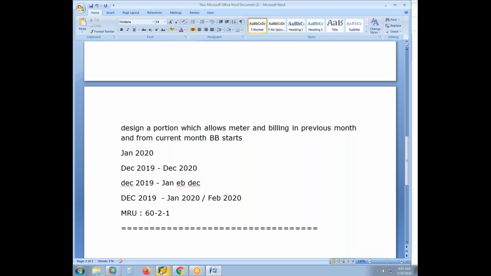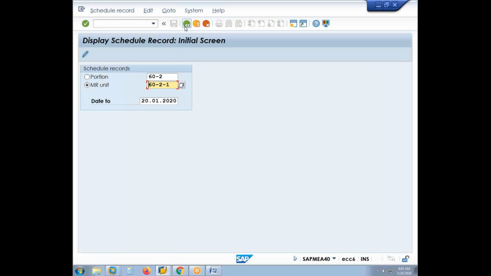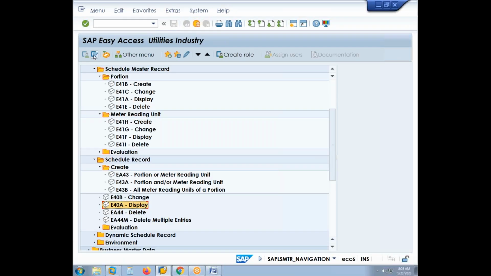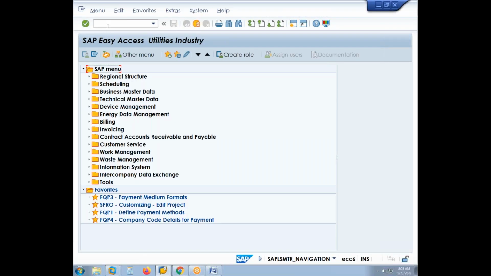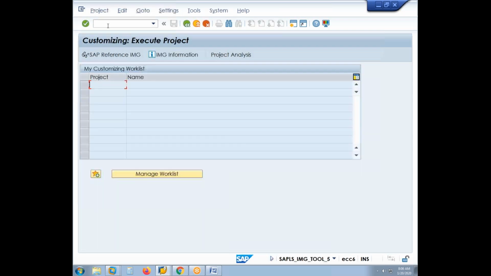So there are basically two sets of customization. First customization is the invoicing, wherein you have to declare a document type with the number range and assign the document type to the company code with the print reason. Okay. So first we'll go to invoicing,